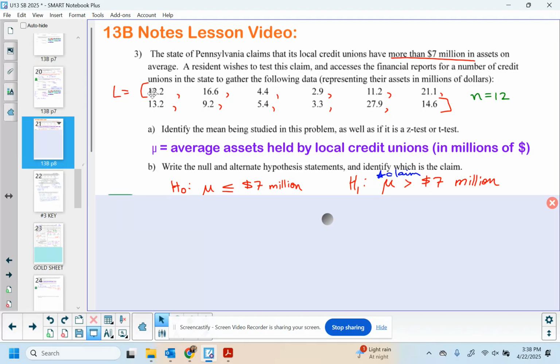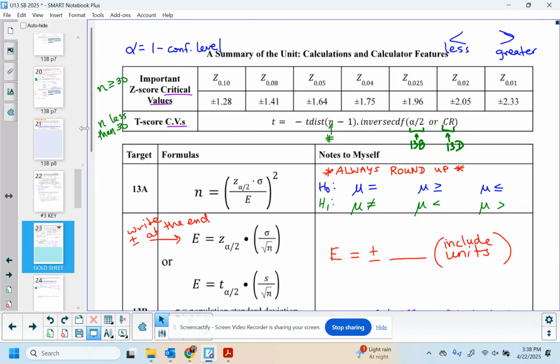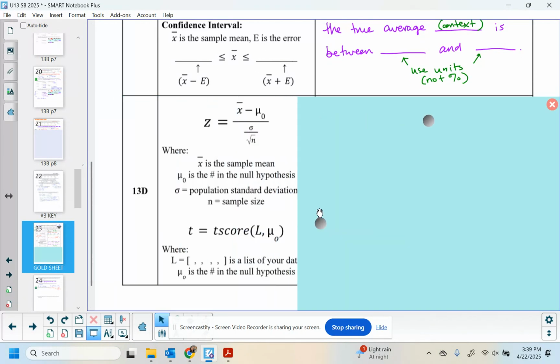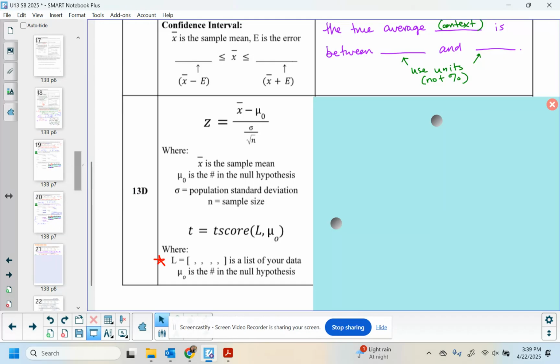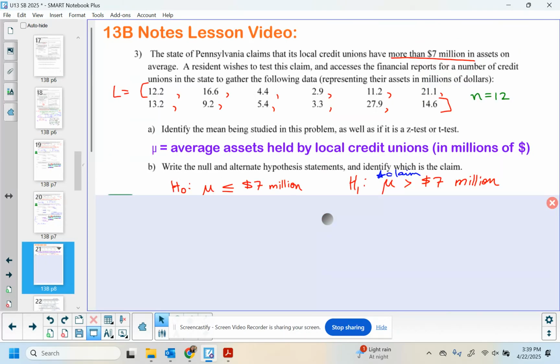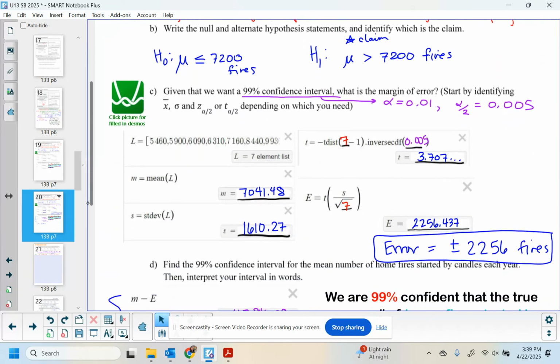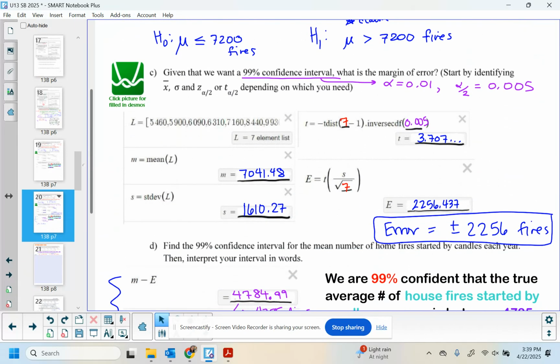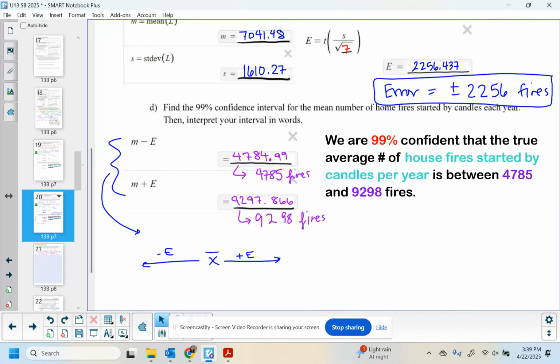So we are going to start, because we have data like this, we're going to enter it into Desmos, L equals square bracket. And that is actually on the gold sheet down here in 13D. It does say where L equals. So that is right there. And then we're going to do like we did on number 2, where we found, after we entered L, the mean and the standard deviation and all of that. So we're going to do that